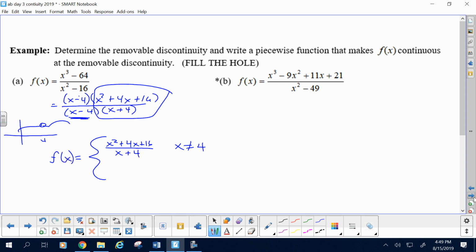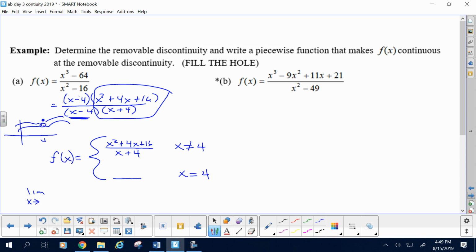Okay? Now the question is, what can I put here as a y value to set a point that fills the hole when x is 4? And this is where we use the definition of continuity. Remember, the limit has to equal the point. So if I want to know what to make the point, then I need to know what the limit equals because they're supposed to be equal. So to fill the hole, take the limit